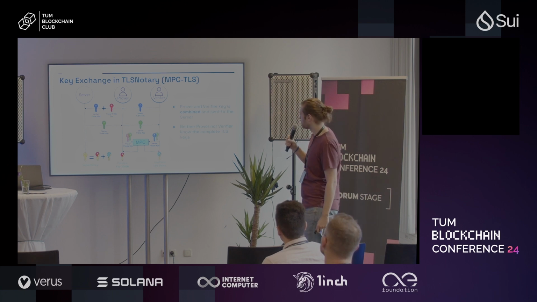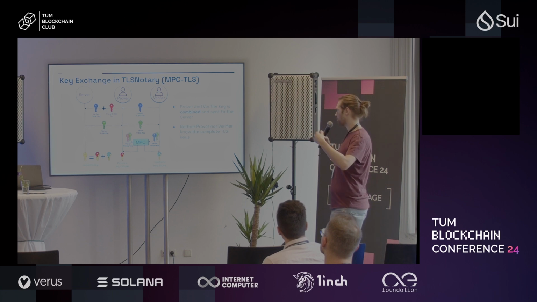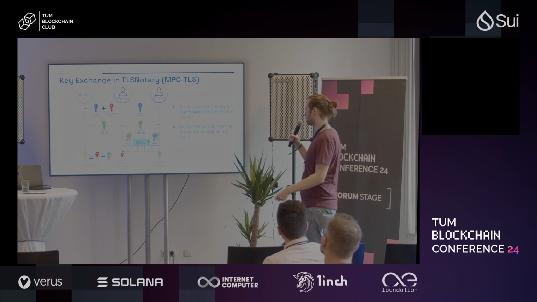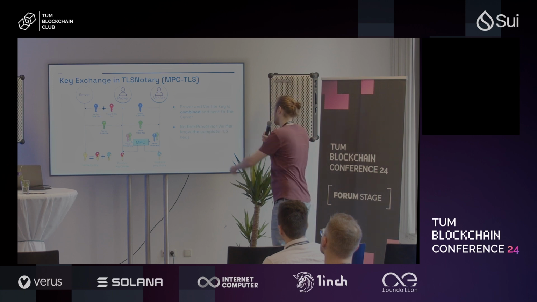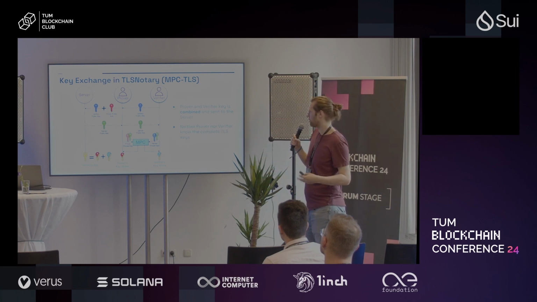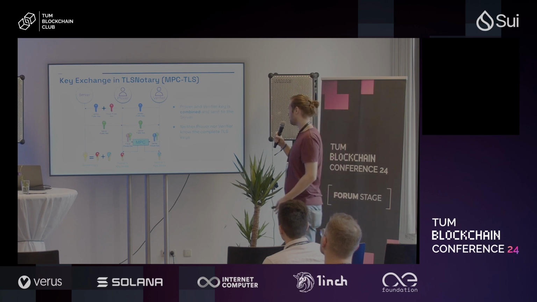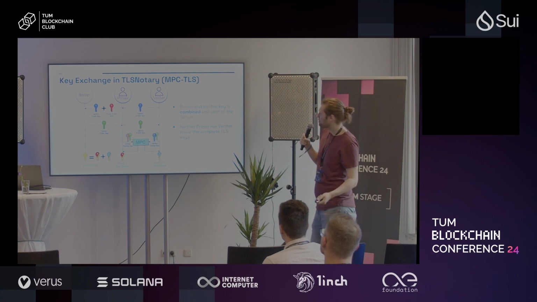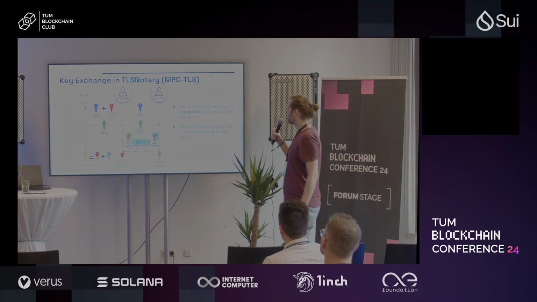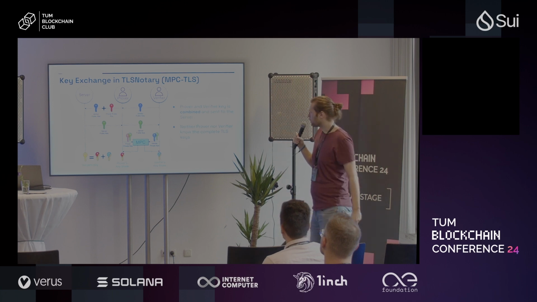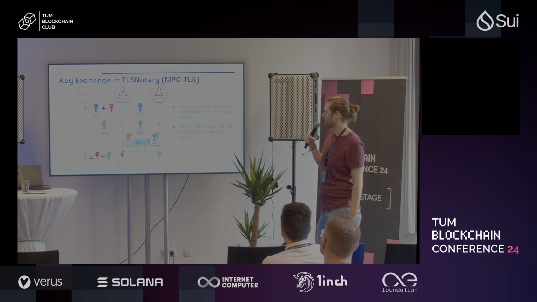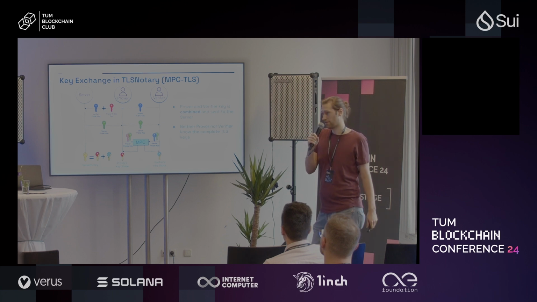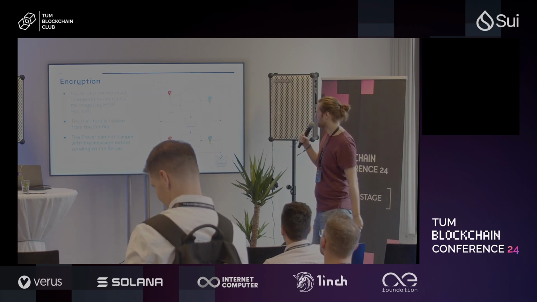This is only a secret sharing under elliptic curve point addition, which is a little bit problematic, because we want to use that later in some circuitry which isn't very friendly for that, so we convert it and use multi-party computation to get from this elliptic curve sharing to the finite field sharing. And then in the end we have an ordinary sharing of the client key between the prover and the verifier. And here you also see why TLSNotary works. Now the prover, or Alice, no longer knows the complete keys. So she can't make up traffic from the server or flip bits. That's impossible. She always has to work together with the verifier for sending out requests and for decrypting responses.